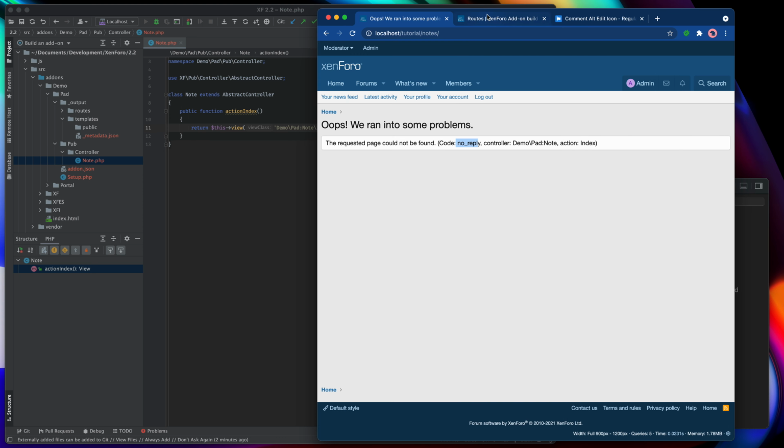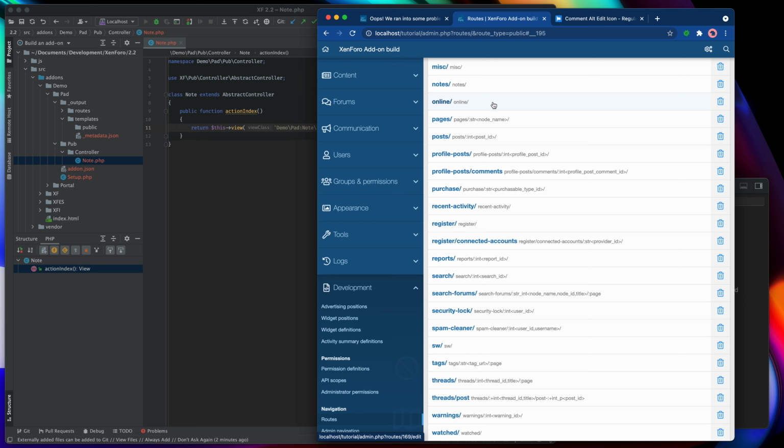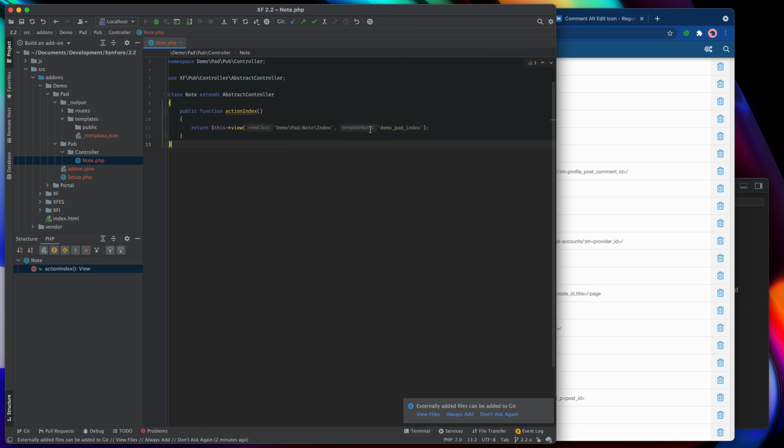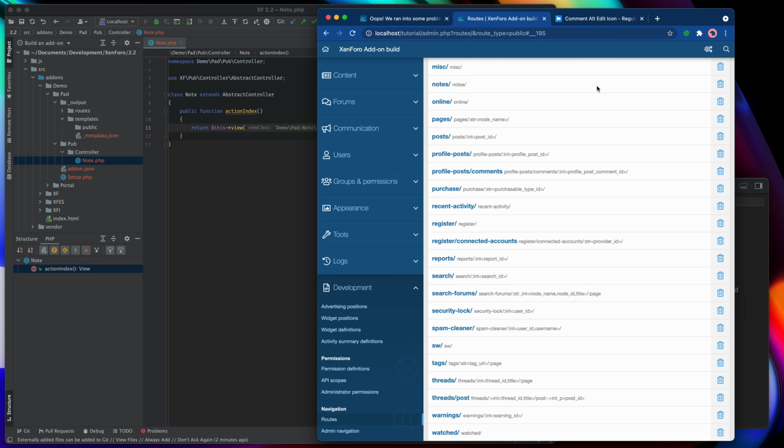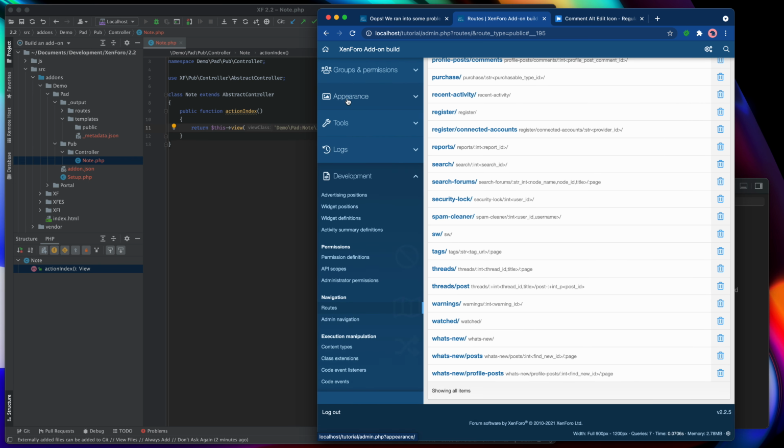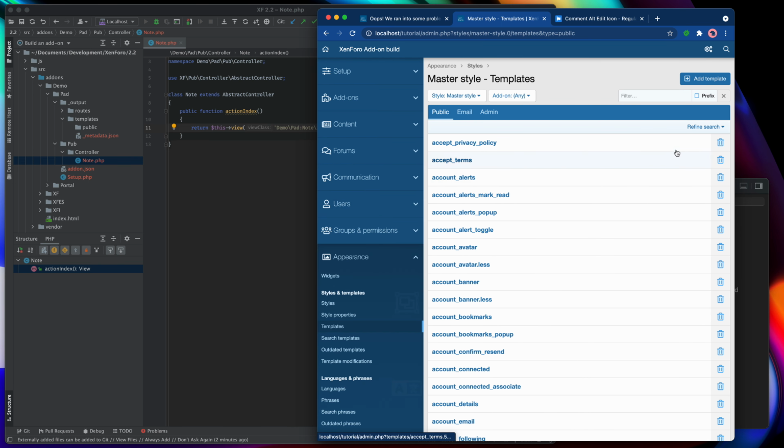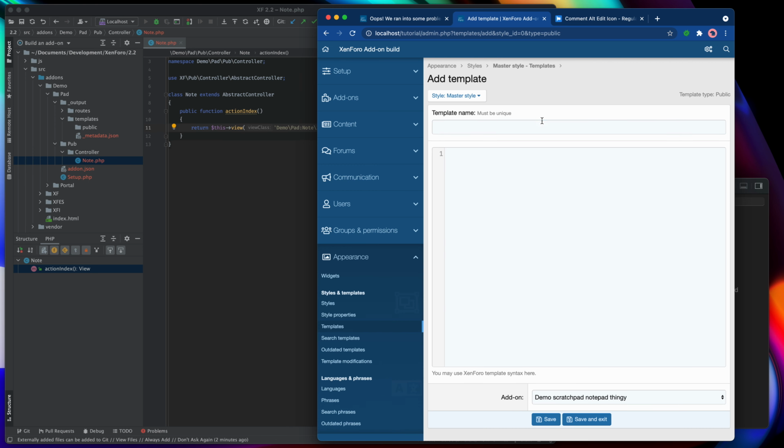So let's come back to the control panel and go and create that template. Let's copy that while we're here. So here we are in appearance, templates, add a template, making sure it's public and master style again. We're going to call it demo_pad_index, and now I'm going to put in just some text to identify it. And I'm actually going to hit save and exit here because I'm going to do all my editing